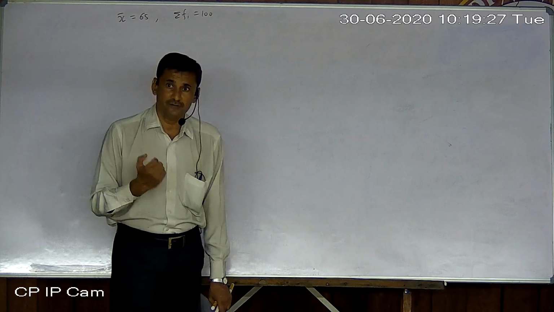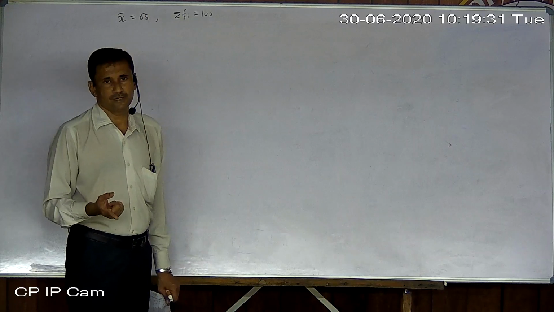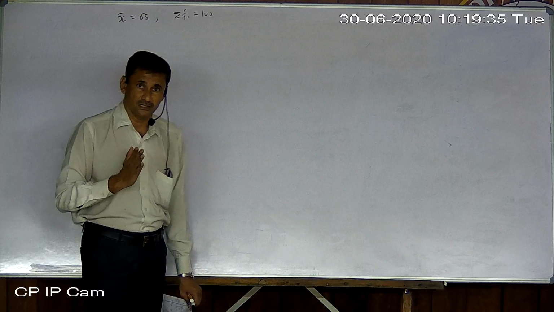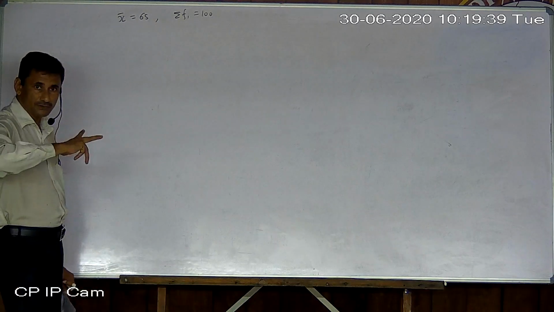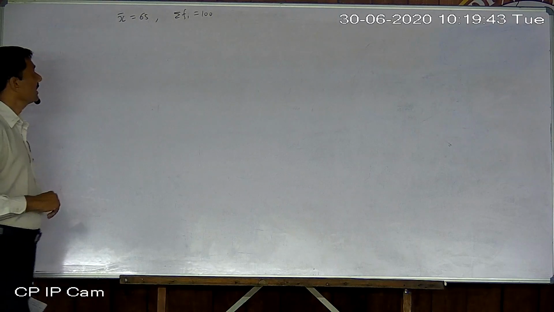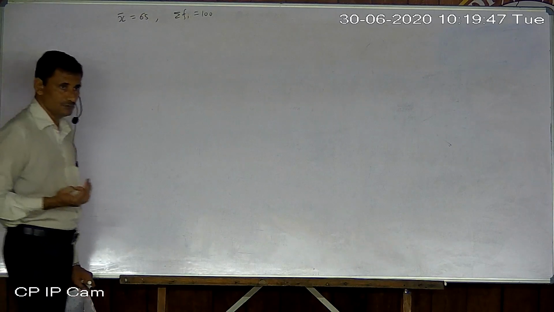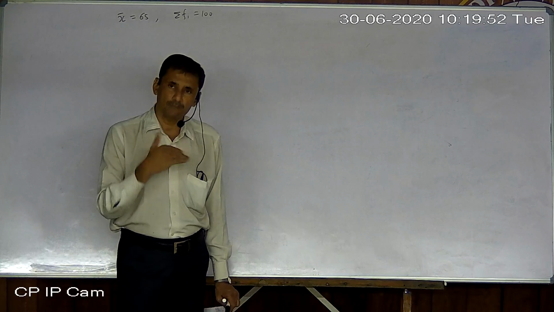So you have to identify which one is the mean and which one is sigma fi. That statement will be complex, so understand it well. Sometimes students interchange both values. They consider 100 as the mean and sigma fi as 65. So be careful to understand this type of complex statement.